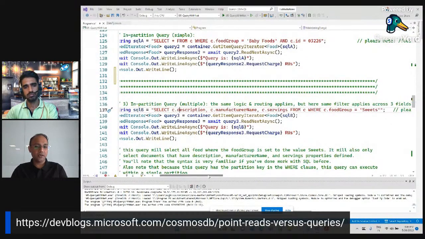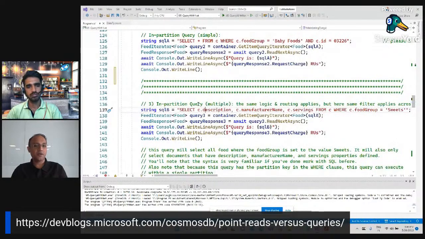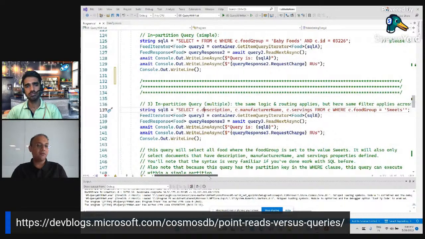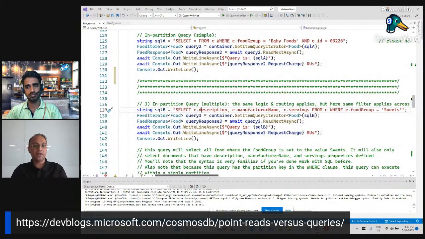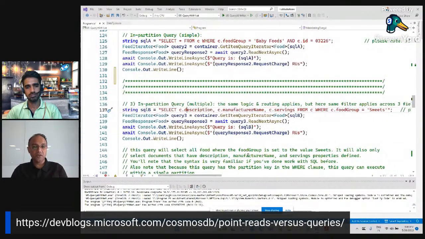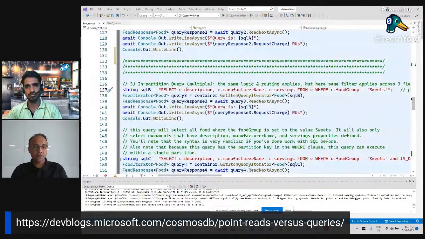How is this query treated? Again, it will definitely be fired. It will be an in-partition query, but because you have multiple predicate filters, it will be much more expensive than the in-partition query having just one particular ID. So, for example, if I run this,